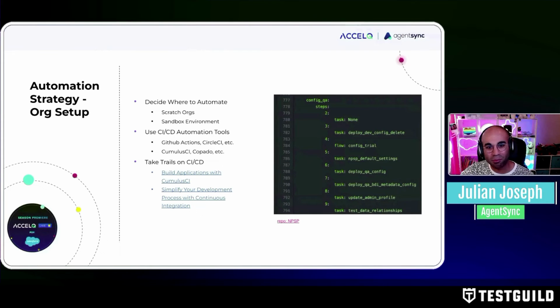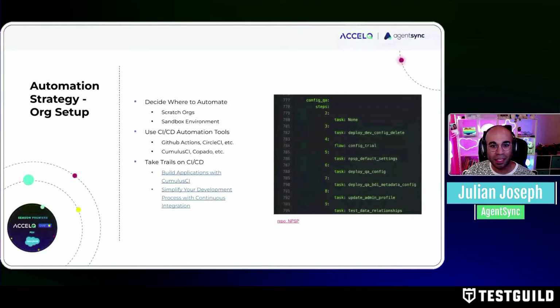I recommend getting some knowledge about how to work with things like GitHub Actions, Copado, Cumulus CI, which is, I'll just say, one of my personal favorites on the DevOps side with Salesforce. We actually see a screenshot here on the right-hand side of Cumulus CI, which shows this process of generating an org and running through different steps to push over different config. And so this particular tool, Cumulus CI, allows you to basically specify org setup in different steps